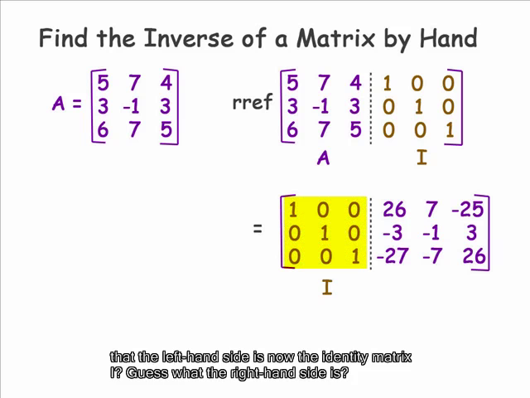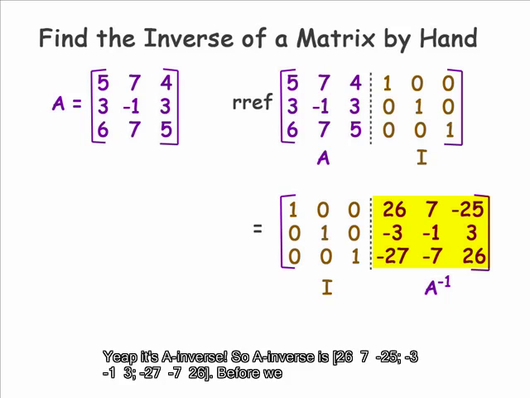Did you notice that the left-hand side is now the identity matrix I? Guess what the right-hand side is? Yep, it's A inverse. So A inverse is row 1: 26, 7, -25; row 2: -3, -1, 3; and row